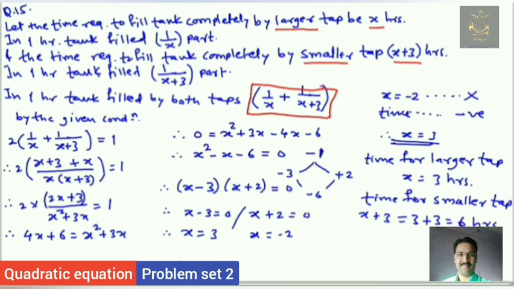Okay friends, like this we can solve the question. This is for the larger tap and this is for the smaller tap. Just try to verify whether it is correct or not. Very important, like these sums, word problems, we can solve by first of all reading the question very carefully and then trying to get the correct condition. First we have to get this equation, and after that, one by one, we can solve that example. Okay friends.